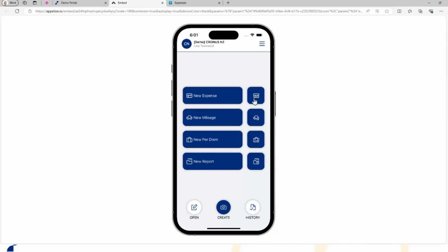With each of these, we can save, we can template them. So if I did that mileage that I just put in very often, I could save that as a template if that was one of my weekly trips, and I could just pull that up very quickly. Same with my expenses, same with reports. And then finally, I can have a look at my history. So everything that's been done or been paid or is pending or is waiting for approval would be in my